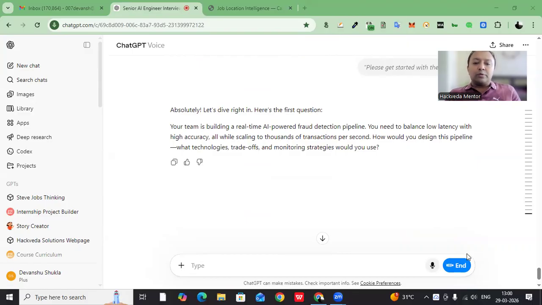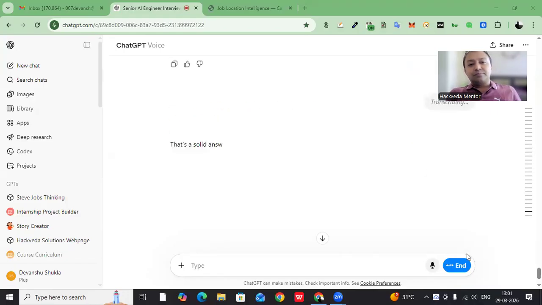Okay, so in order to design this pipeline, what am I going to do? I am going to use a streaming data ingestion service like Kafka. I'm going to use real-time feature extraction, and I'm going to use a hybrid model, which will combine fast, lightweight, and accurate complex models. I'm going to perform micro batch processing. In fact, I will be using auto scaling infrastructure and continuous monitoring to balance latency, accuracy, and stability in this fraud detection pipeline. So that's what I am going to do.